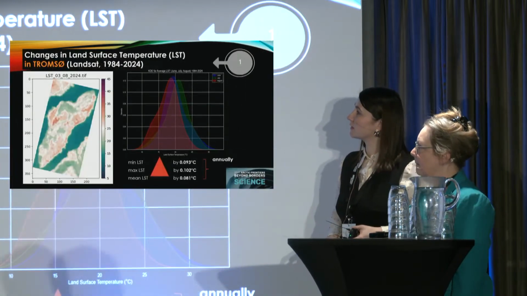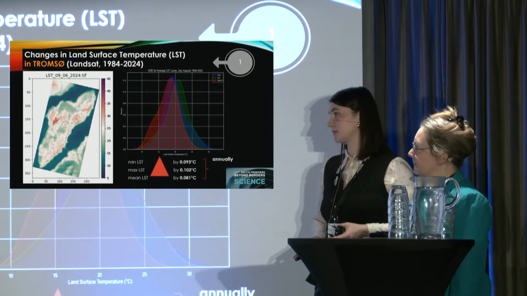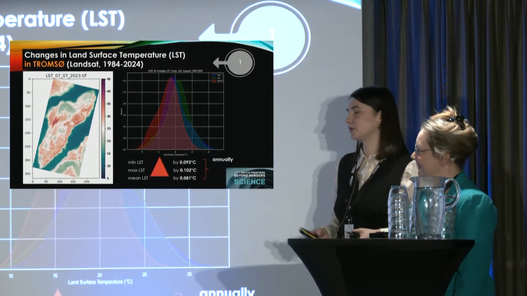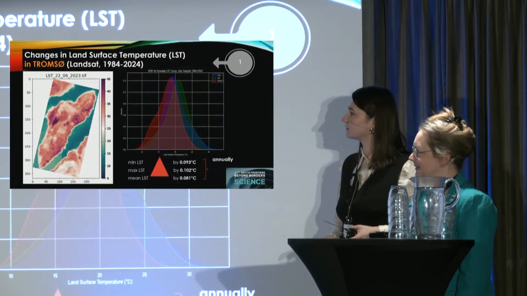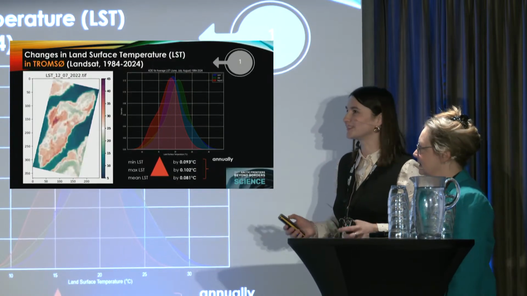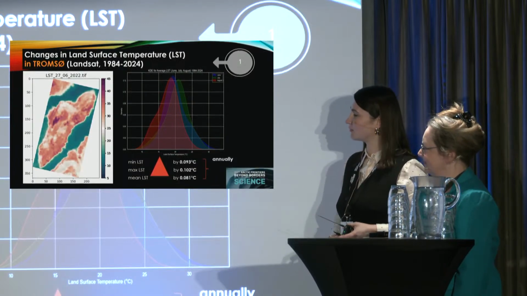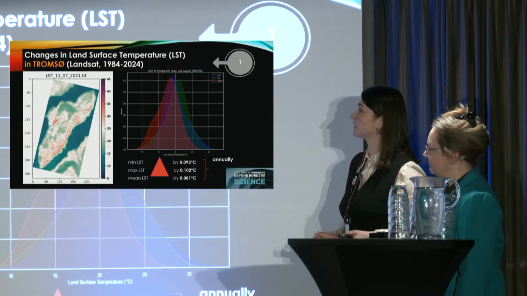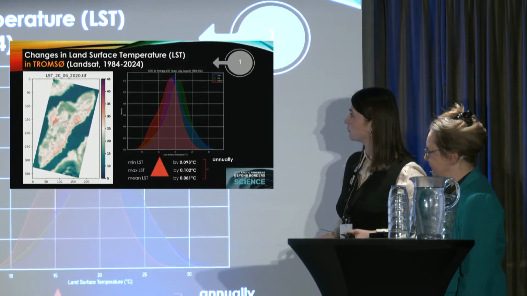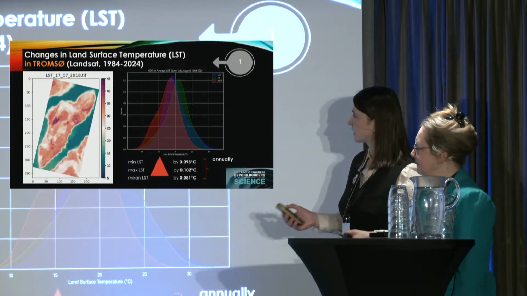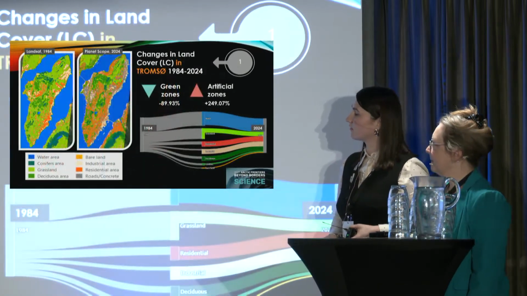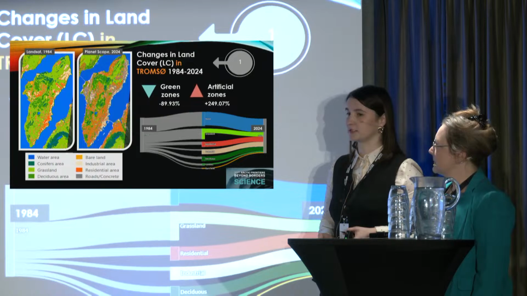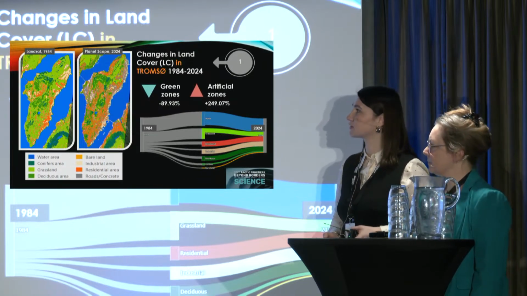Moving forward, using Landsat time series data combined with machine learning algorithms and other technical data models, we also established a quite pronounced trend of increasing land surface temperature, obvious during the summer months. On the other hand, we have done some quite smart analysis using Landsat data and PlanetScope as well,